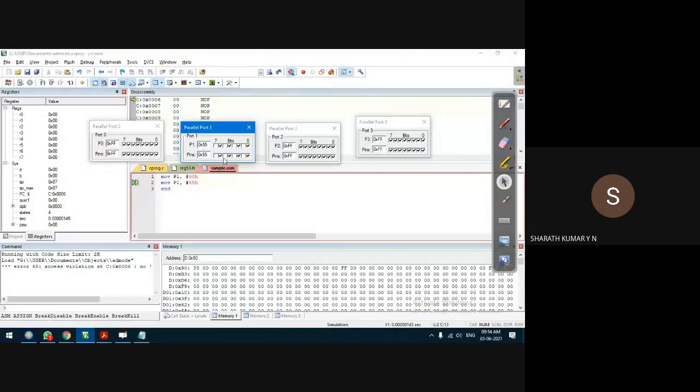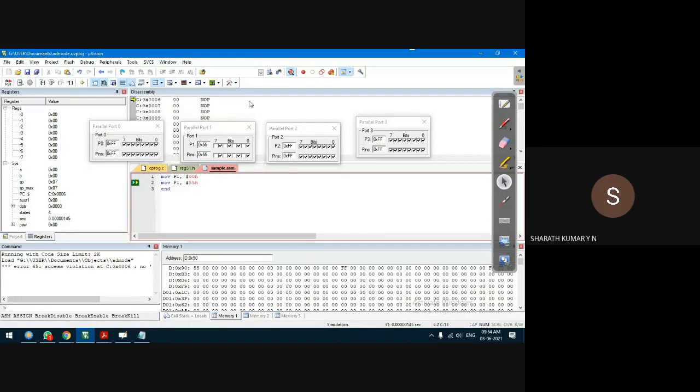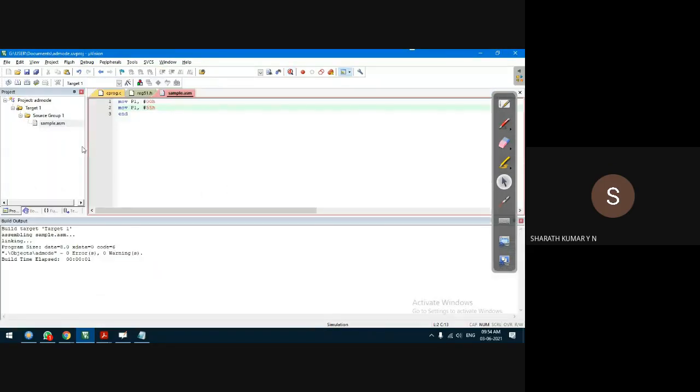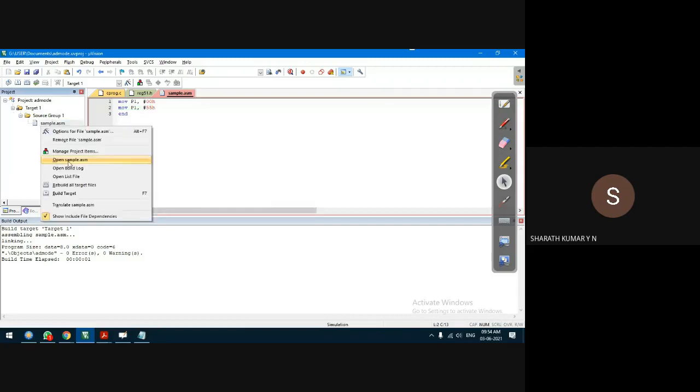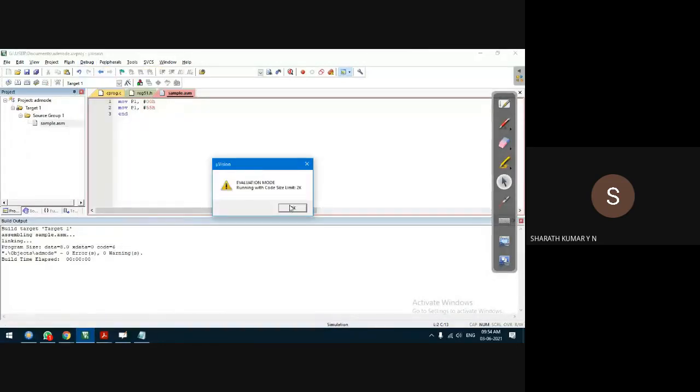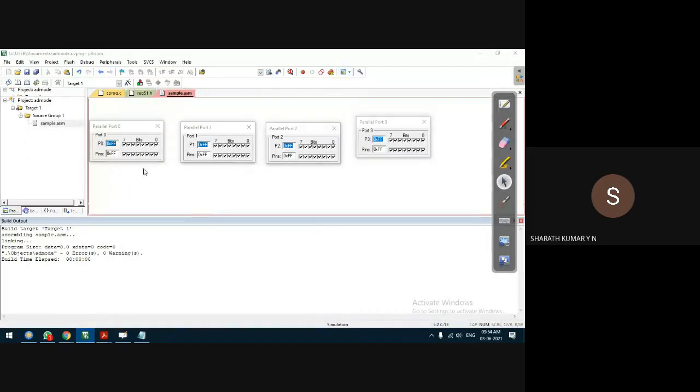It's not allowing because it is in the running session. It will not allow now, but you can modify this. I'll show you that. Debug stop. Oh, sorry, it went out. Okay, I'll run the program again. Save the file, of course. Build target. Debug start session. Now I'll not run the program. I'll just try to modify the pins of the ports.